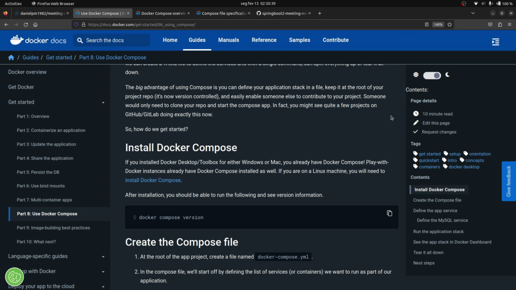So it's much simpler for the final user to use Docker Compose and simply have that YAML file made available to him or to her from the